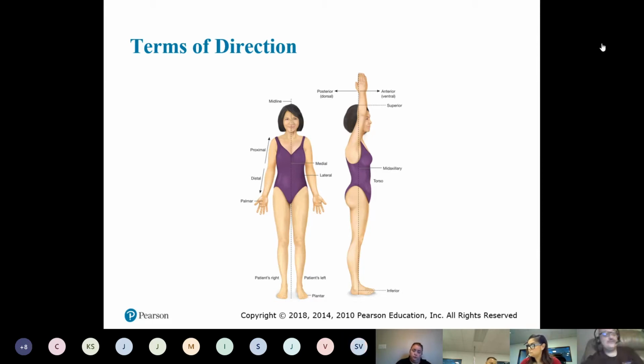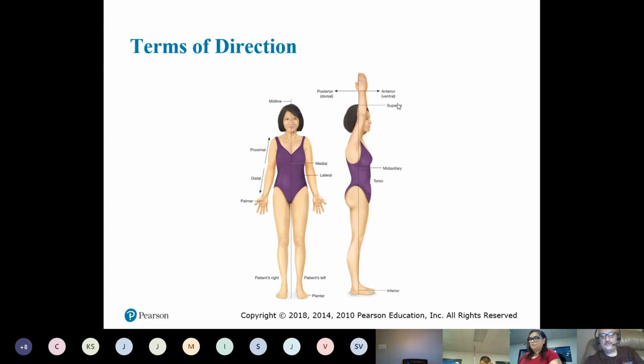So if a patient has an injury to the forearm, well, where in the forearm? Oh, the patient has a crush injury to the proximal forearm. And that's just going based off of the elbow, right? Yeah, the point of attachment. I like to call it the point of attachment. But some people will say it's, is it further or closer away to the midline? Oh, all right, I got it. So proximal, distal.